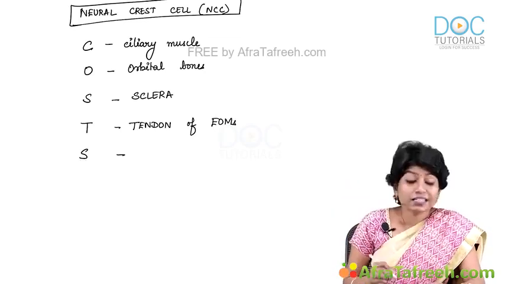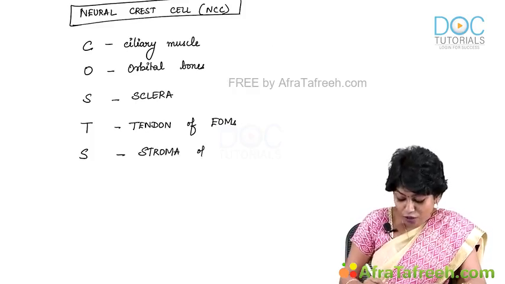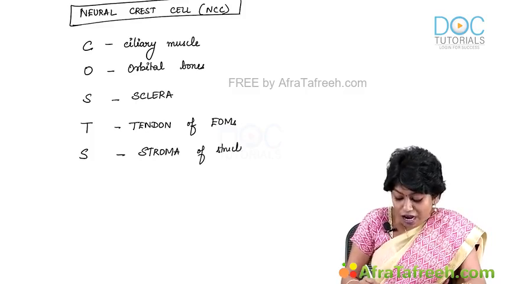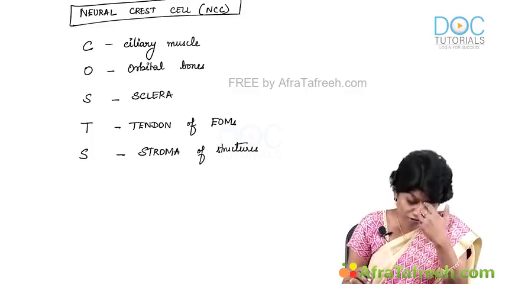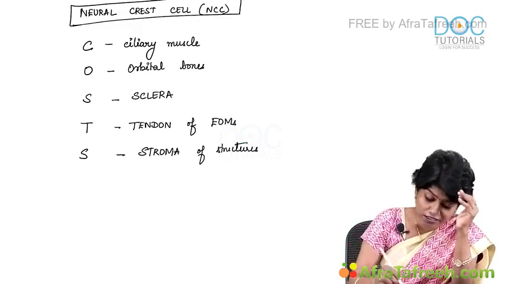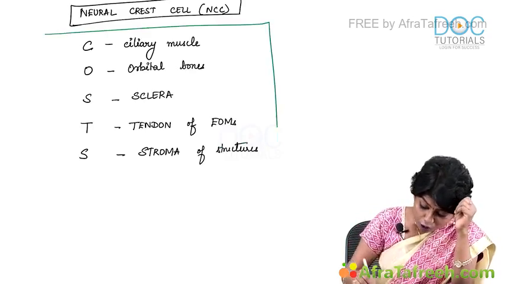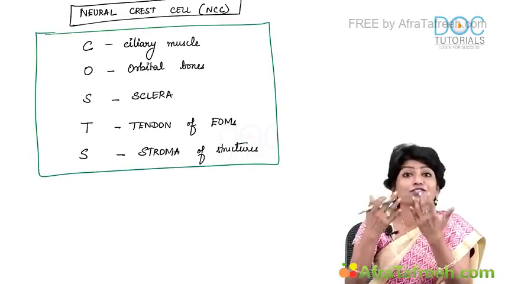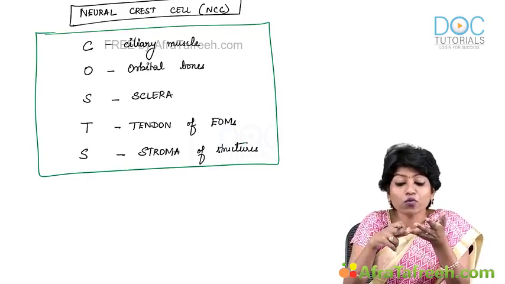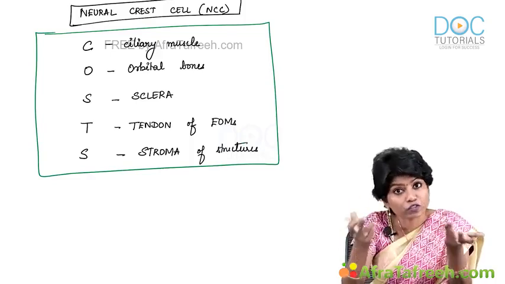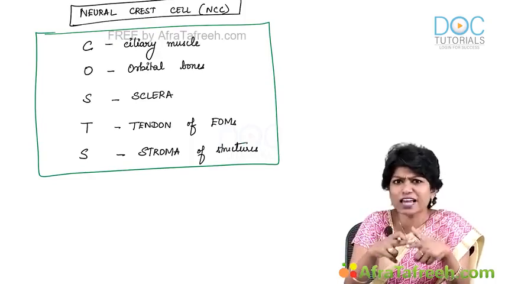Yes, the S is stroma of all eye structures. Okay, of all the structures. That means iris stroma, ciliary body stroma, choroidal stroma, corneal stroma, everything comes from neural crest cell. Is that clear? So, I want you to remember these things offhand. Now, if I ask you Descemet's membrane, neural crest cell. If I am asking you Bowman's layer, neural crest cell, endothelium of cornea, neural crest cell, Tenon's capsule, I mean